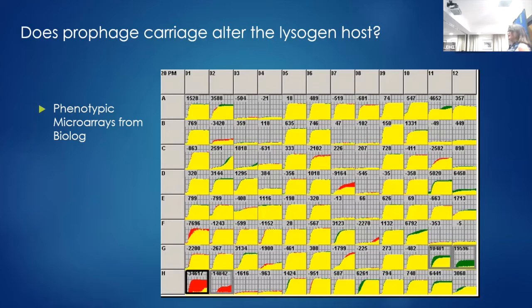So first off, a prophage, as we know, is controlled by a repressor. So the genes should be turned off. So what was driving this? Well, we tried to answer this question with proteomic approaches, looking for proteins that were being expressed in the lysogen that weren't being expressed in the naive cell. This was almost impossible to understand. First off, we couldn't find repressor, so that didn't make a whole lot of sense. But secondly, we saw a lot of things like capsid proteins and tail proteins. Well, those are late genes, so that doesn't make sense for a lysogen.